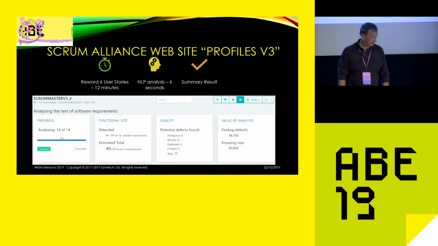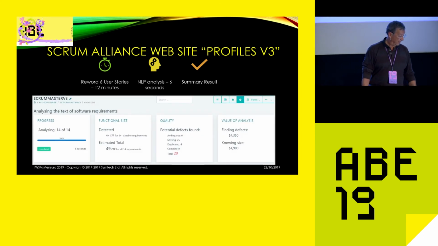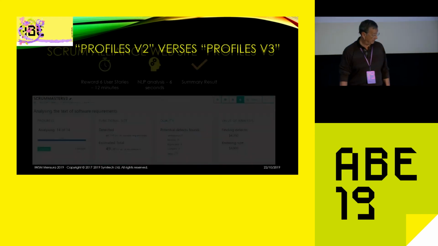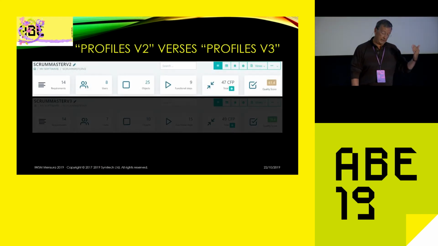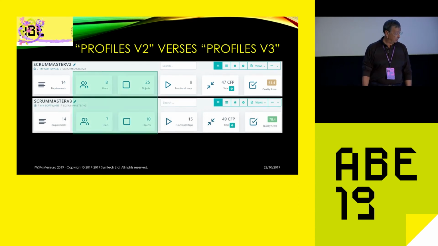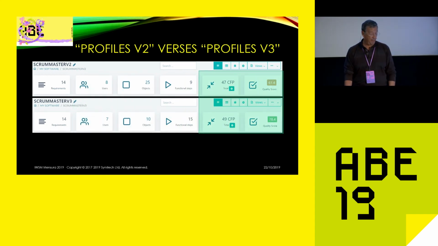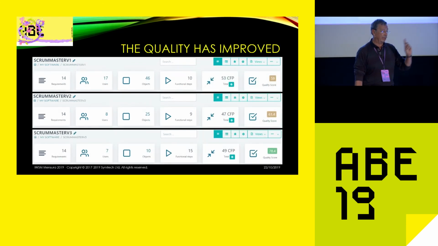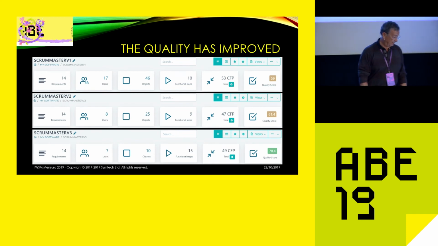I did the analysis. Things are getting better. The number of quality defects has reduced. So here's the comparison between version 2 and version 3. The users have dropped from 8 to 7, objects from 25 down to 10, and quality scores have gone up. Yes, quality has improved. It started off at about 59% quality. I'm up around 74% quality. This is looking good. Quality has improved, but if we look at the number of